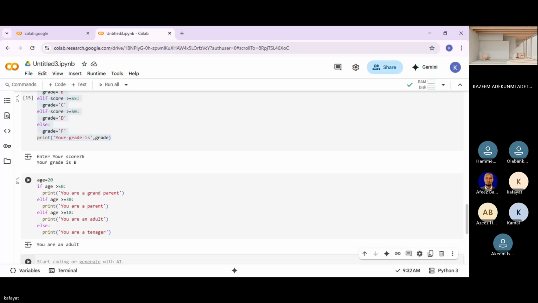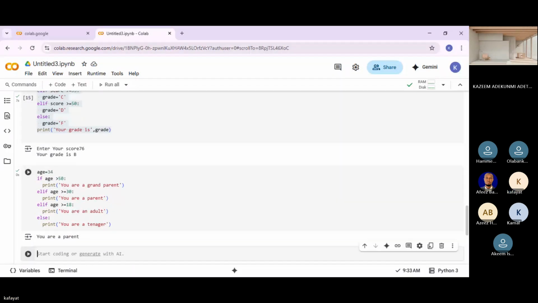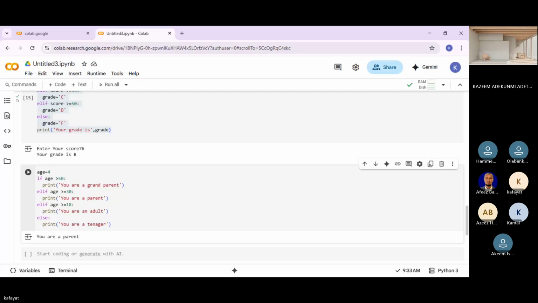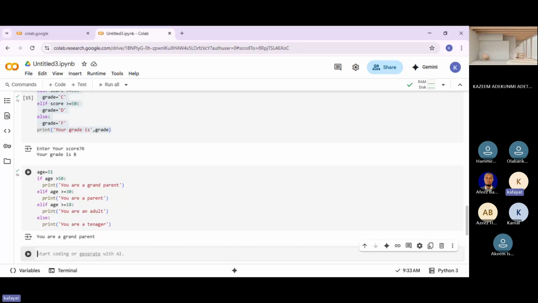So if you change this to be what? You're a parent. Then if I said this should be 51, you are a grandparent. So this is it.